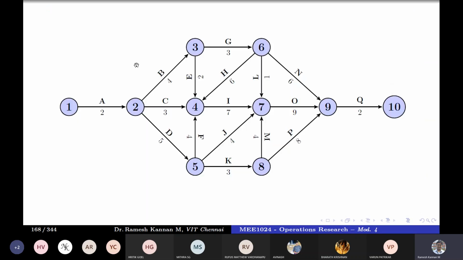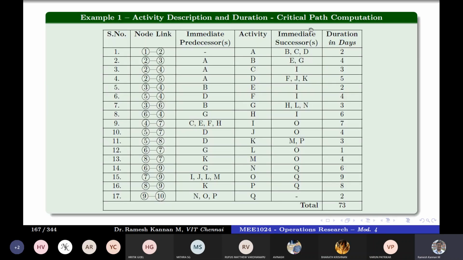Same network diagram. It's an activity on arrow diagram, and the arrows are represented from left to right, with a start event and an end event. Above the arrow are the activities A, B, G. So activity names are given above the arrow, hence the name activity on arrow. Below the arrow are the durations of the activities: A, B is 4, G is 3, taken from this table.